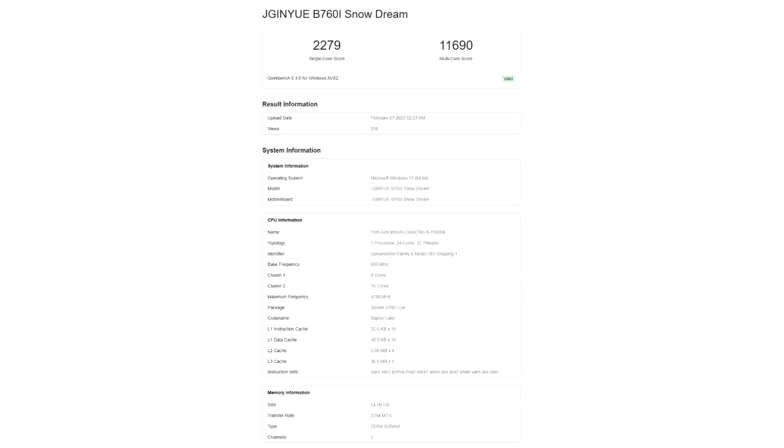We can see that the 15900K shares most of the specs with the 14900K. This includes 24 cores and 32 threads, and also the L2 and L3 cache of 8 MB and 36 MB, respectively. The socket is also the same, that is, LGA 1700, therefore, it's likely a mislabeled 14900K, which the identifier